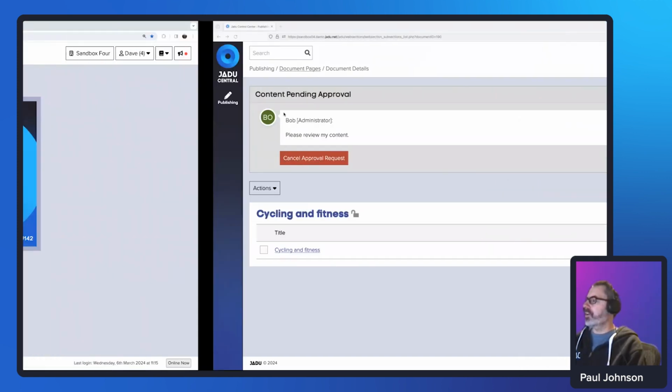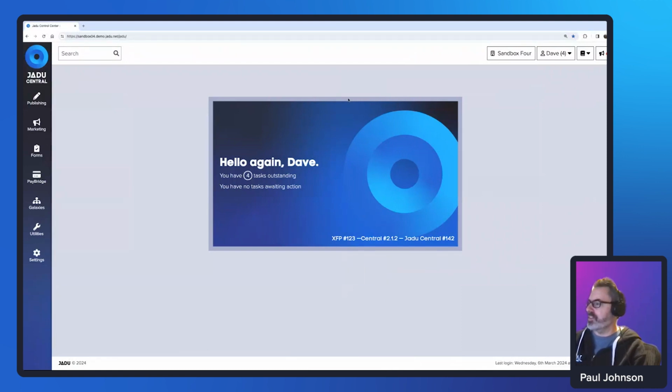So if I go back to Dave, Bob has submitted his content for approval. When Dave logs in, or any user logs in, it will tell them how many tasks they have outstanding. So in terms of workflow, a task outstanding is something that's sitting in your workflow queue, waiting for you to do something with it. If you have a task awaiting action, then that's something that's in your workflow, but it's something you've asked someone else to do. So if Bob logged in now, it would probably tell him that he's got one task awaiting action